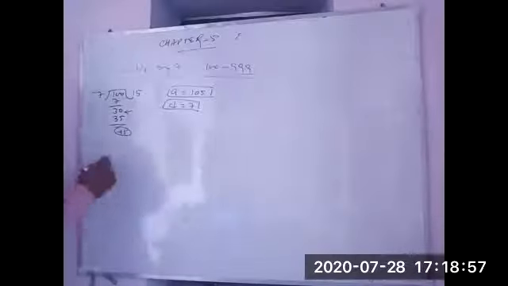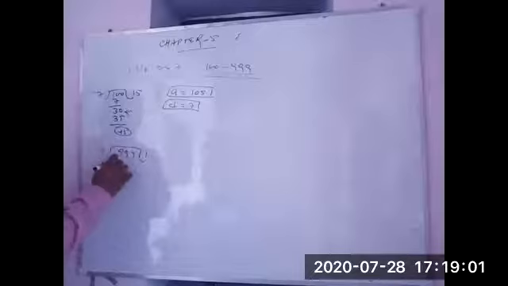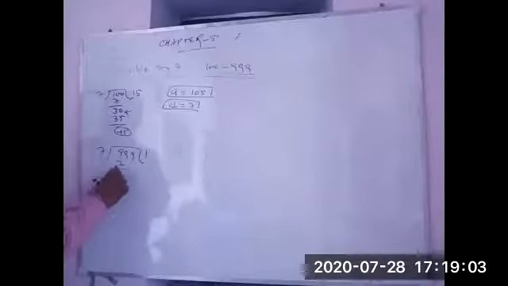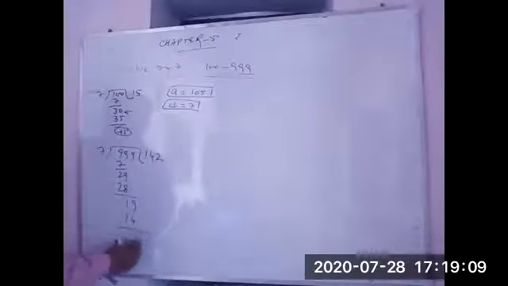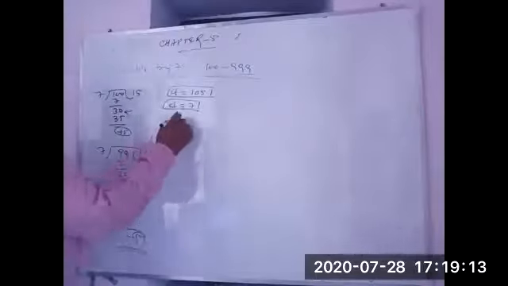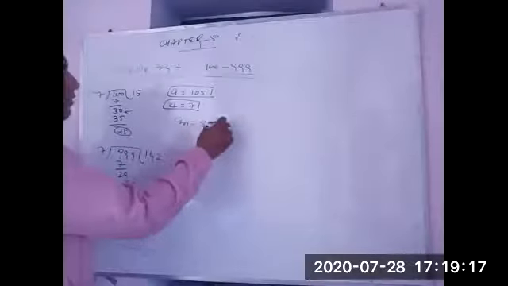Okay, so what we will do here? 999 divided by 7. 7 1 the 7, 2 9, 7 4 the 28, 1 9, 7 2 the 14. Now it will be minus 5. So what will be the nth term? It will be minus 5 after it, which is 994.